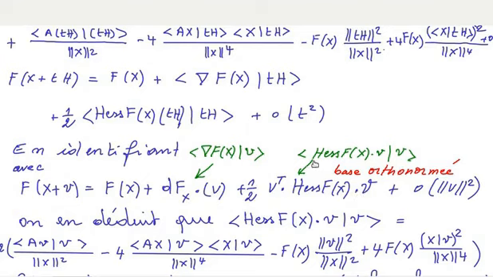Here, this vector is the same as the Hessian of f at x applied to v, scalar v. It should be noted that we are in a canonical basis that is orthonormal for the scalar product, and thus the two expressions are the same. So by identifying, we have the differential of f at x, which is the gradient of f of x scalar v, and